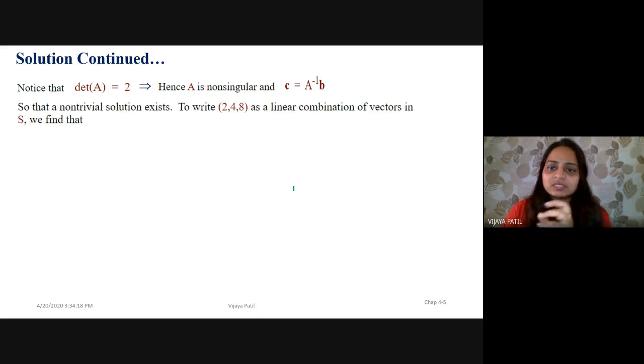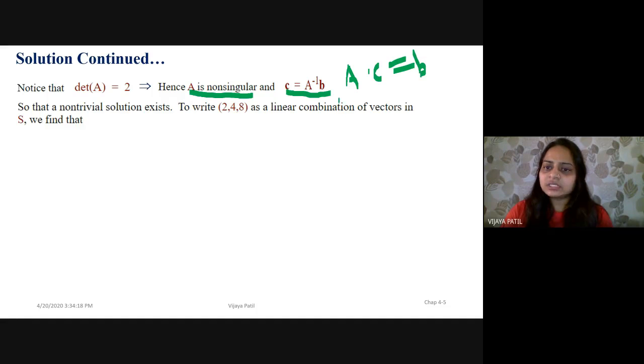Such a relation will exist, and that means I'm going to get C is equal to A inverse of B. That means I'm getting the A inverse here. A is non-singular. What is the existence of A inverse? The existence of A inverse requires that matrix A is non-singular. And from where have we got this? We have got this equation from A into C is equal to B. We have got that the determinant of A is non-zero. That means A inverse will exist, and we just pre-multiply this entire equation with A inverse. We are going to get C is equal to A inverse B.